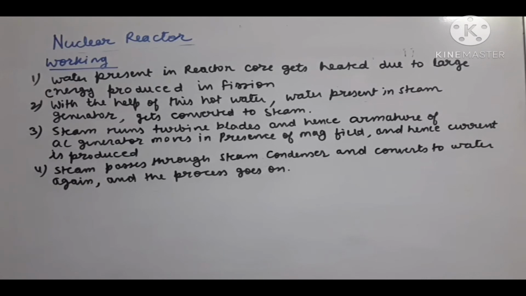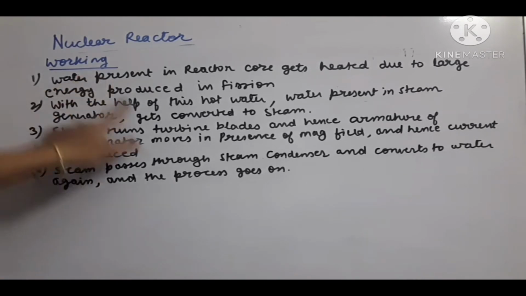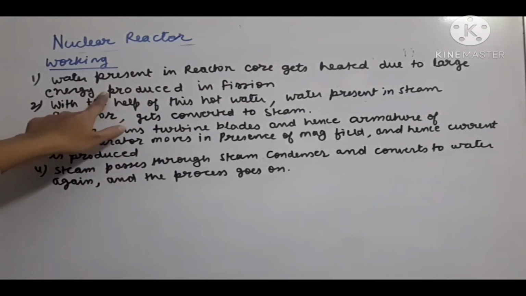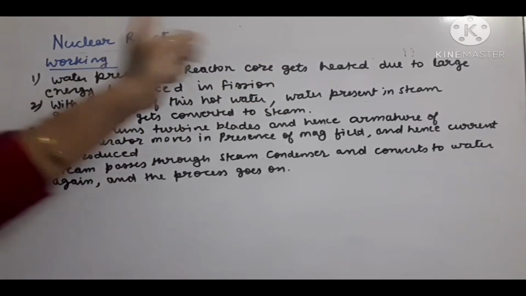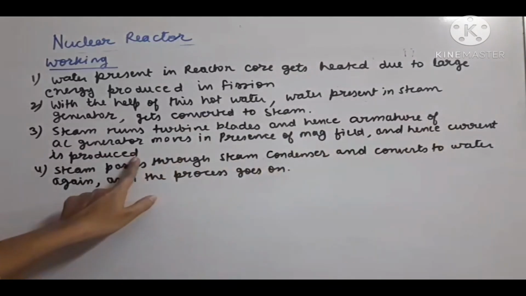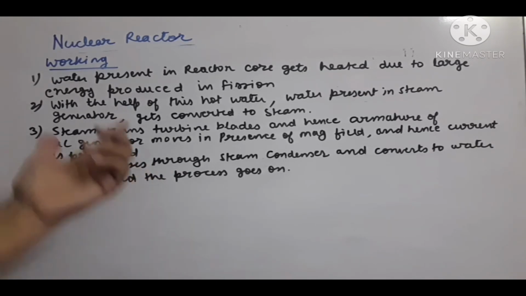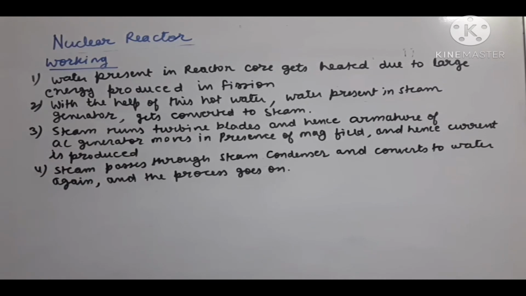process goes on. So as you can see, in the first three steps, the large energy which is produced in the fission, that we have converted into the current. Current is produced, so it is converted to electrical energy. Okay, and this step is just to convert steam back to water. So these are the working steps which are very easy. Now we can